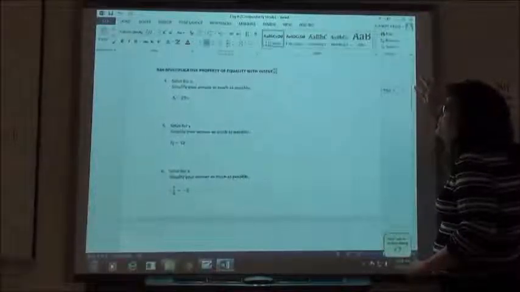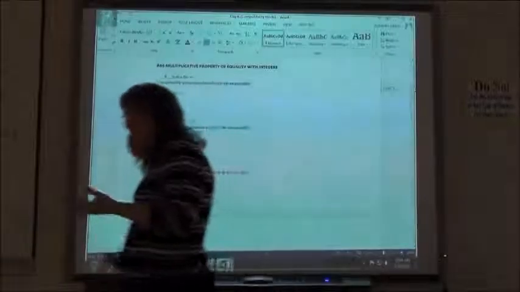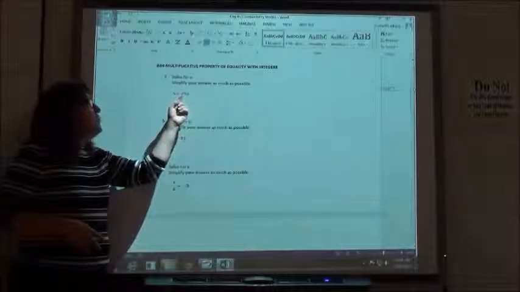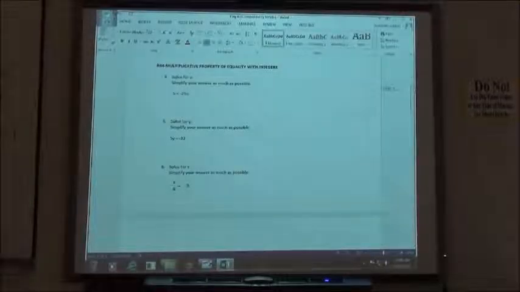The next ones are the multiplicative property of equality with inverse, and they group multiplying and dividing together. But basically, again, you're doing the opposite of what's next to the variable. If I have negative 25u, it means negative 25 times u. To get rid of multiplying, you're going to divide. Now the sign's not going to change, you're just either going to multiply or divide by that number that's next